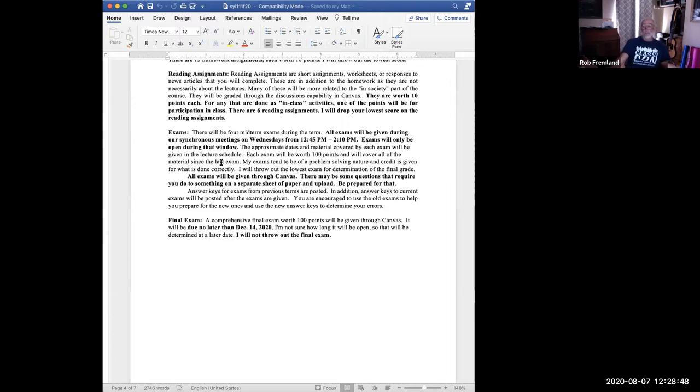Now, the exams, if you look at the old exams, I'm going to use the same format. There's 5 true/false, there's 10 multiple choice, and then the rest of the questions are just short answer. There may be a little bit of writing balanced equations, those types of things. Okay? So that's how those will all be done through Canvas. But if you look at the old exams, you can get a feel of what the new exam will look like. I don't use my old exams to write my new exams, but it's the same guy writing an exam over the same material. They're going to be very similar, right?